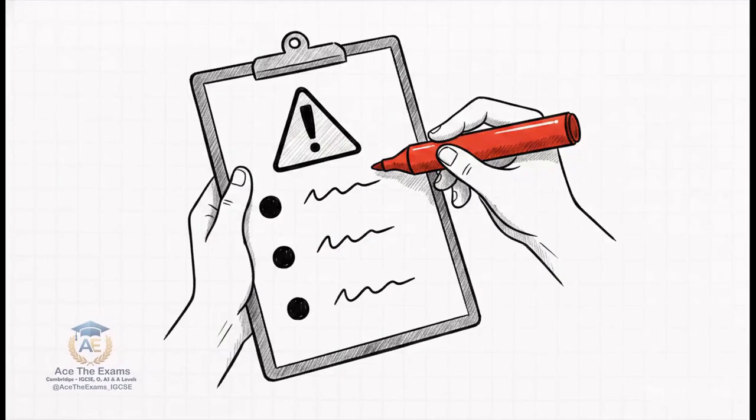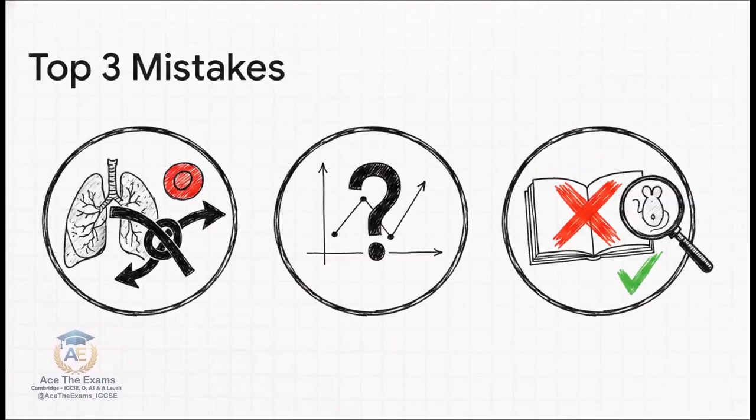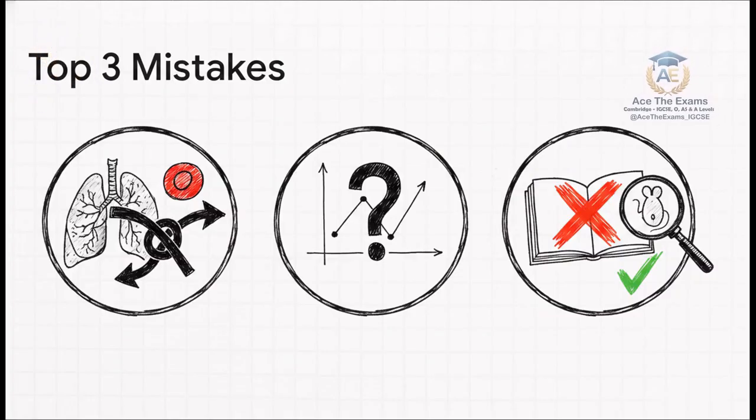Section 4. Top 3 examiner warnings. Avoiding these specific pitfalls is exactly how you lock in those highest grade boundaries. Number 1, like we just talked about, confusing cause and effect. Number 2, forgetting to check units and precise terminology. Seriously, always double-check your graphs. And number 3, giving generic, copy-pasted textbook answers that just aren't